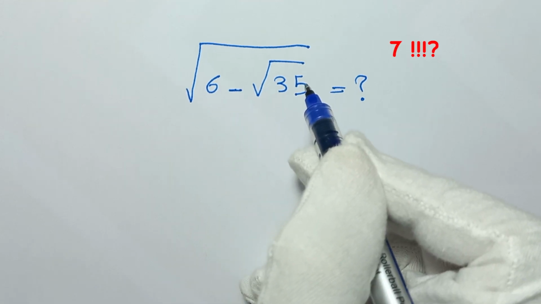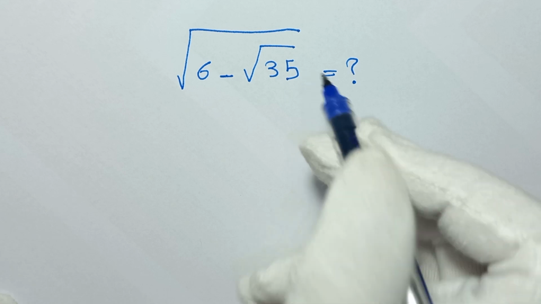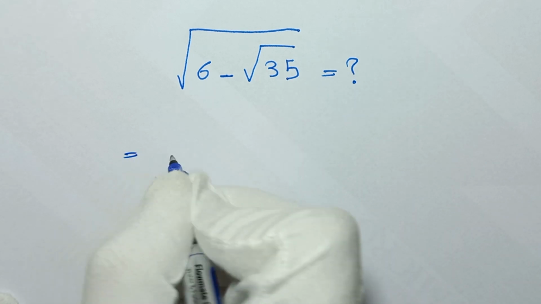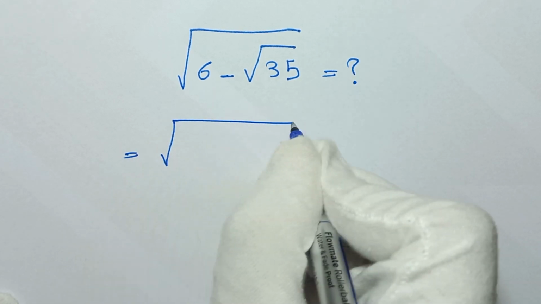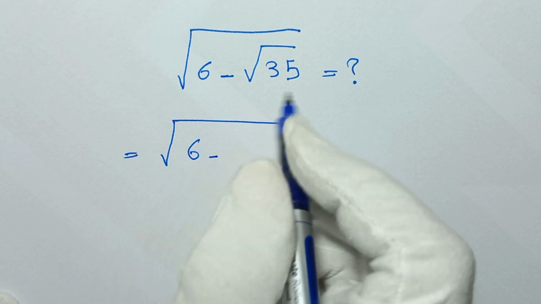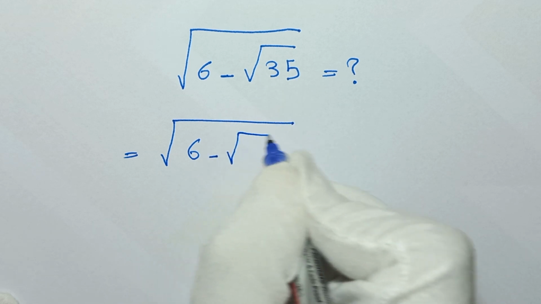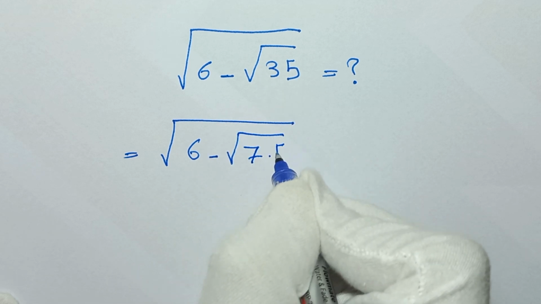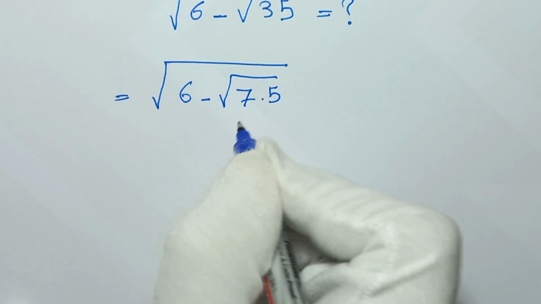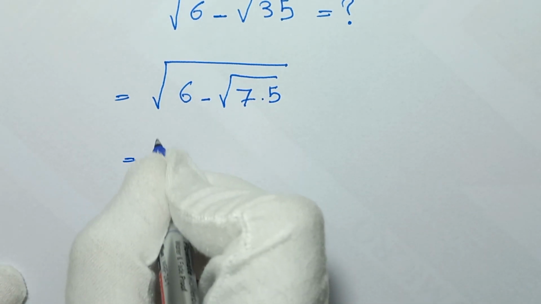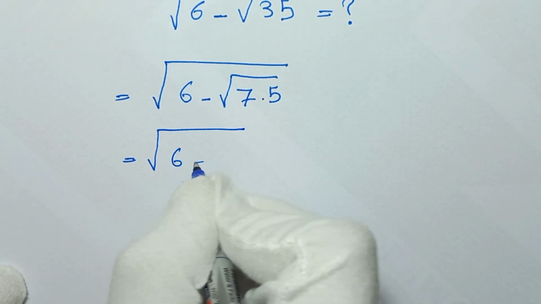You're welcome to simplify this math problem, which is the square root of 6 minus the square root of 35. So, in the first step, we write this as the square root of 6 minus 35. We can write 35 as 7 times 5. And it will be the square root of 6 minus,